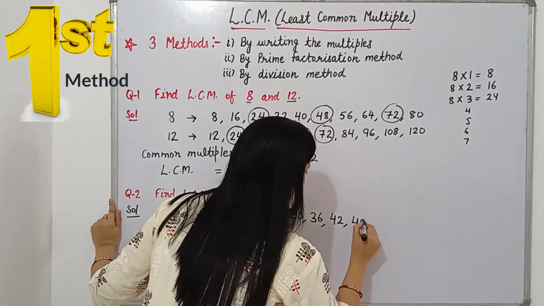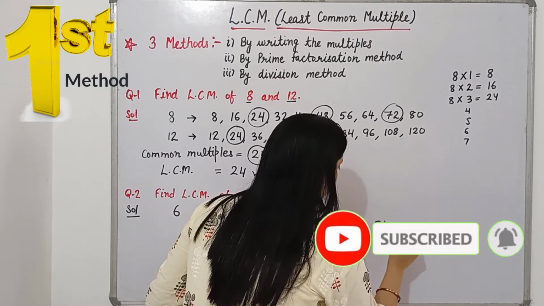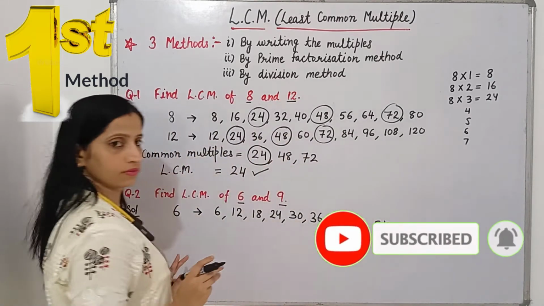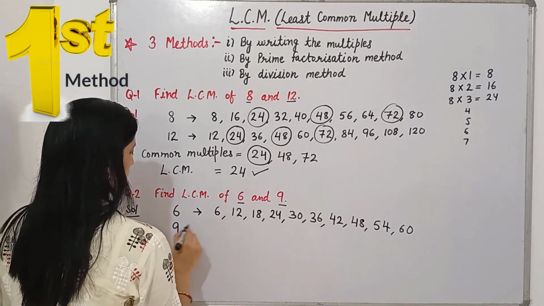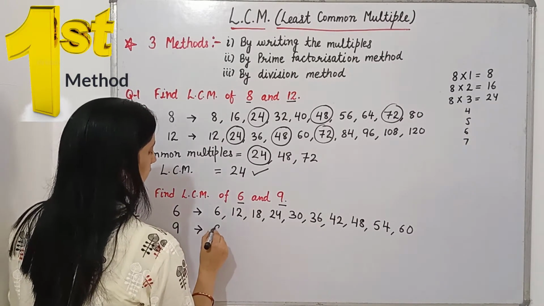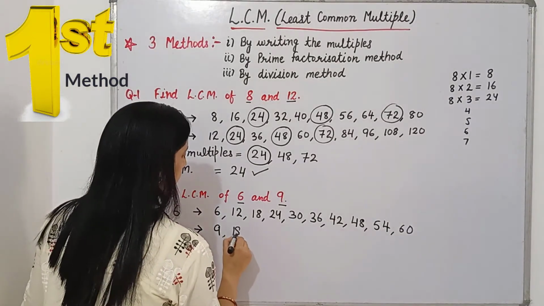42, 48, 54 and 60. Now we will write down the multiples of 9. So what are the multiples of 9? First multiple is the number itself, 9, 18,